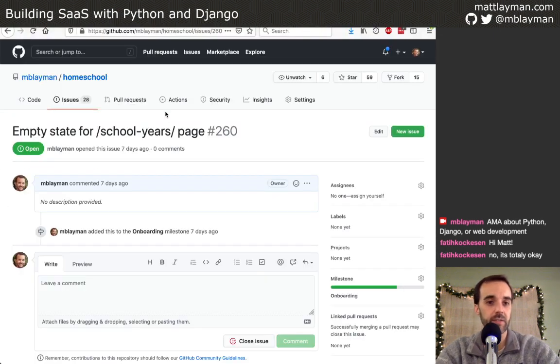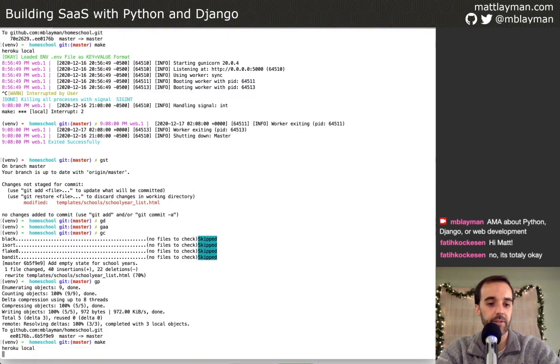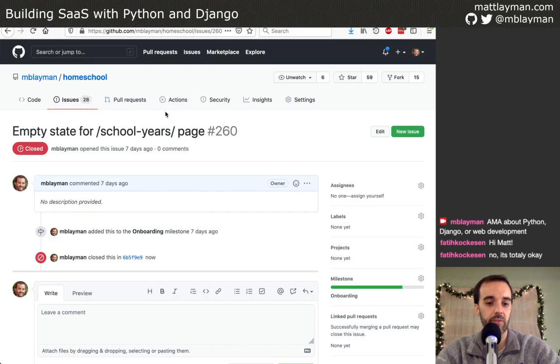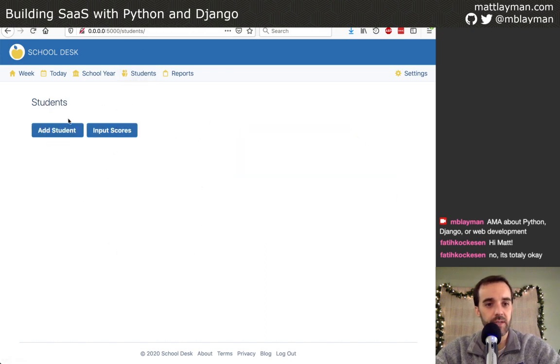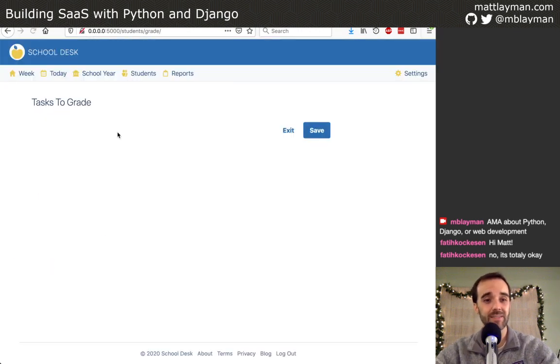All right, so let's restart the server and look at the next one. We're back on the server here, and I think that the student's view is the same sort of thing. There's two things going on here that aren't great. Not only is there this add student button, but there's also this input scores button, which just makes zero